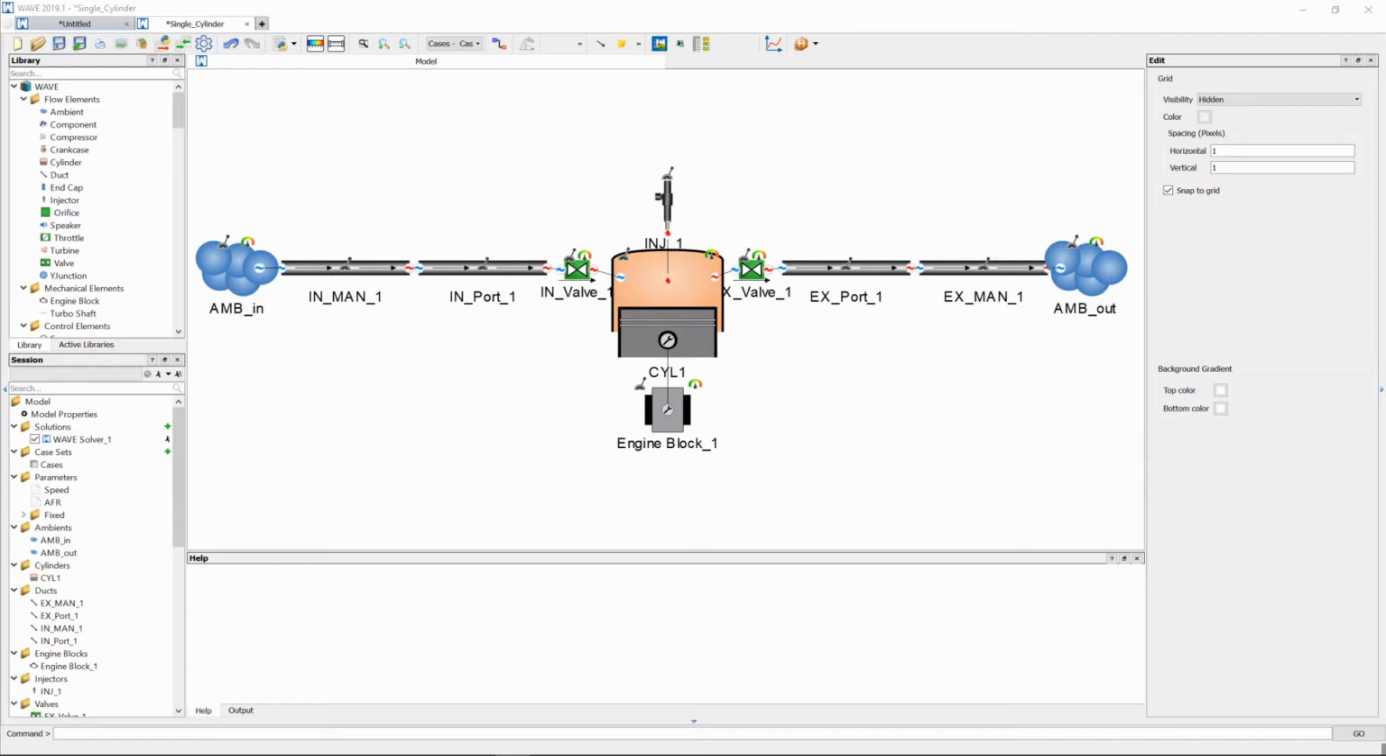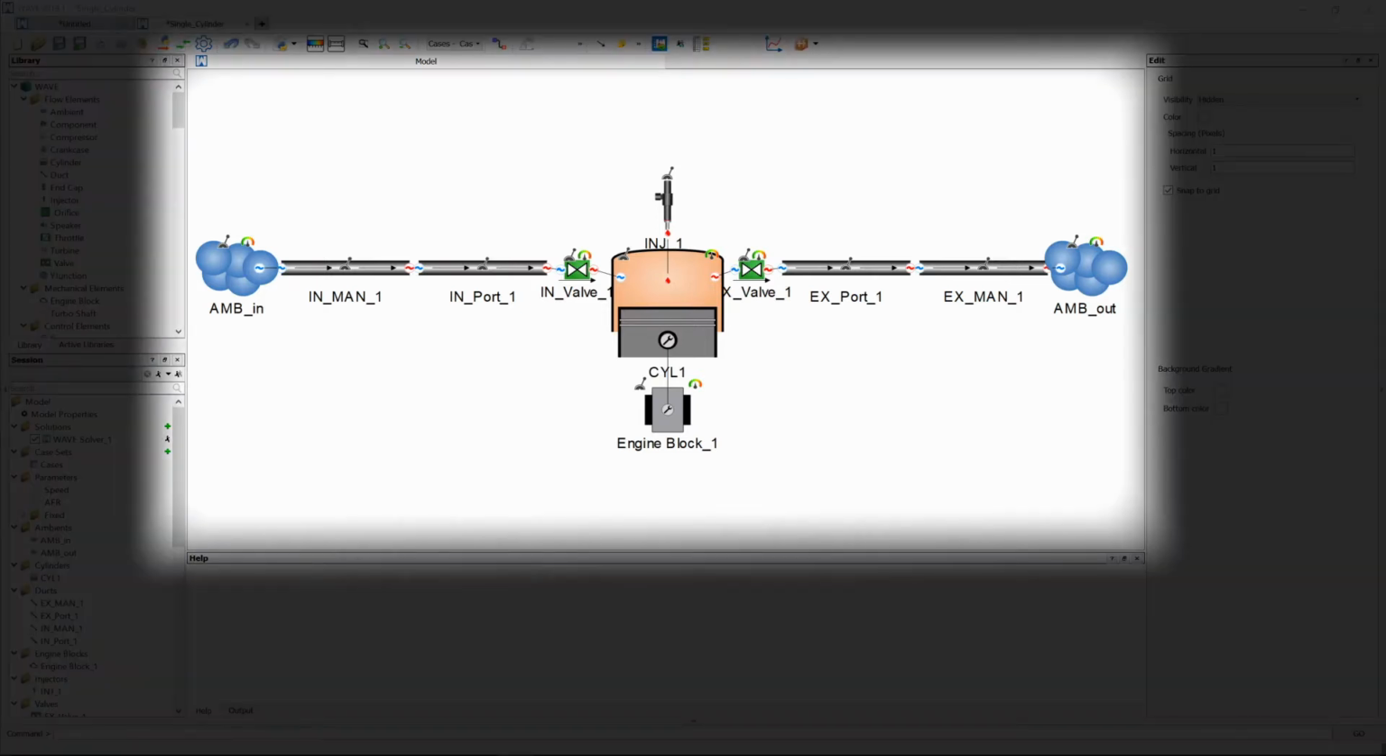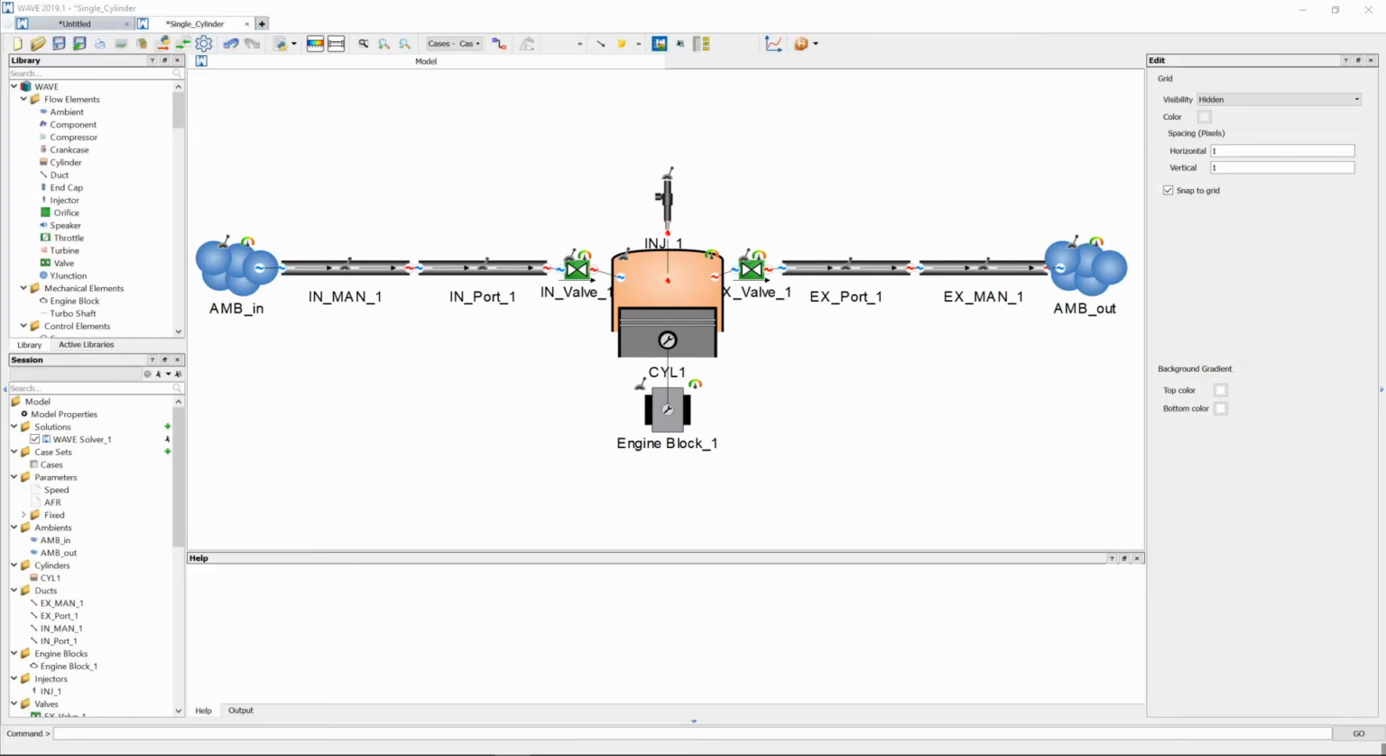My name is Adriaan and today I'm going to show you how to get familiar with the Ricardo WAVE environment and how to build your first one-cylinder model. On your screen you can see the finished one-cylinder engine model that I will show you how to do throughout this video. But before we get started, first let us familiarize ourselves with the setup and the environment of